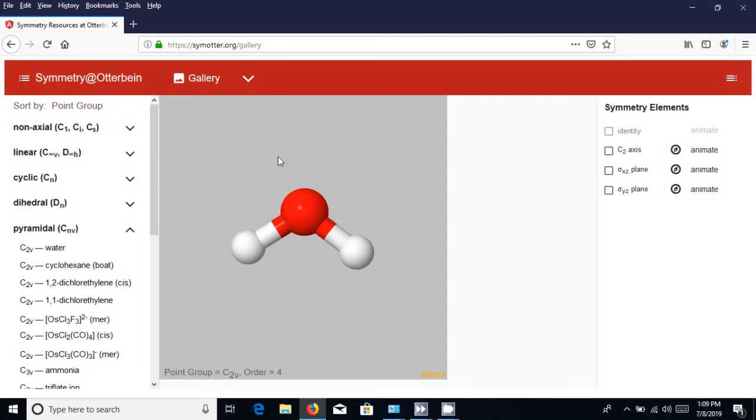So guys, I'm going to start this explanation on the point groups, and before starting, I want to acknowledge this Symmetry Otterbein website. It's a very beautiful website and especially designed for the students as well as for the faculty members, so that they can explain things in a little more detail to the students, so that they can have a better idea about the symmetry elements present in the molecule, which are very useful to identify the point groups